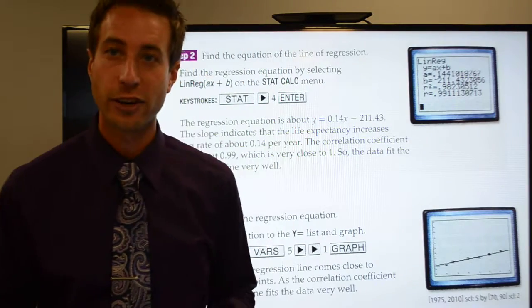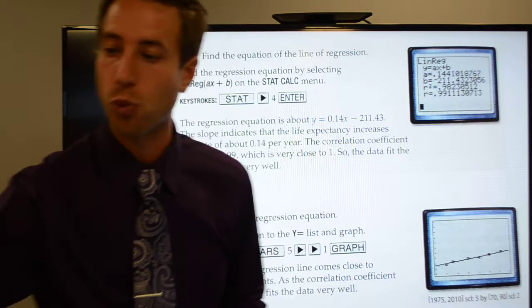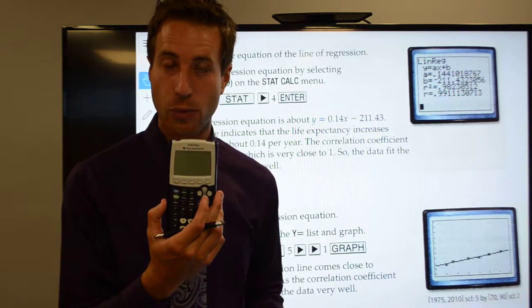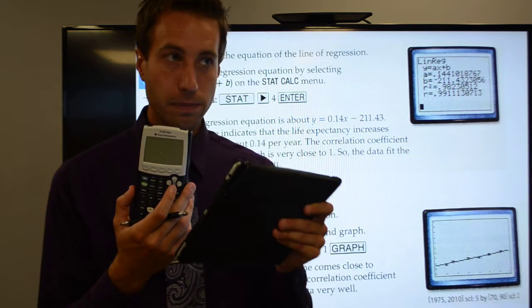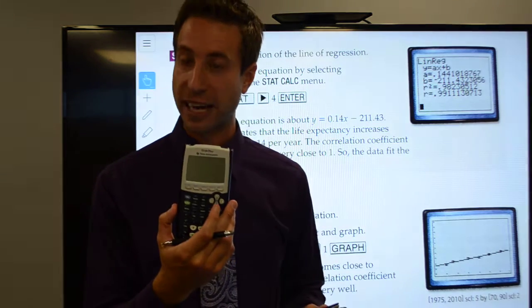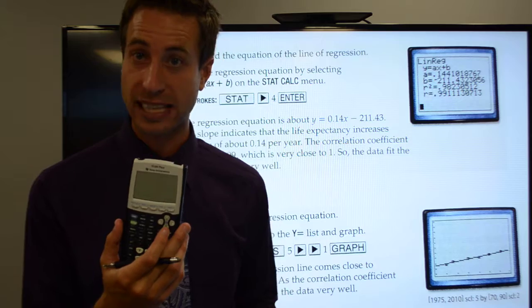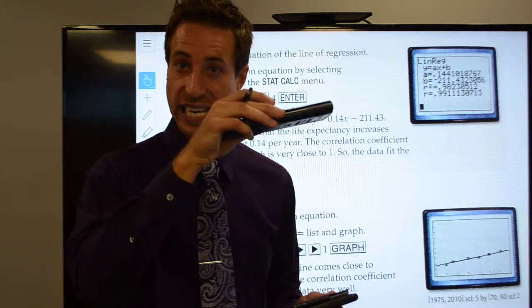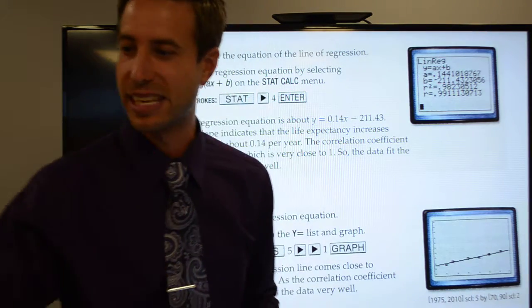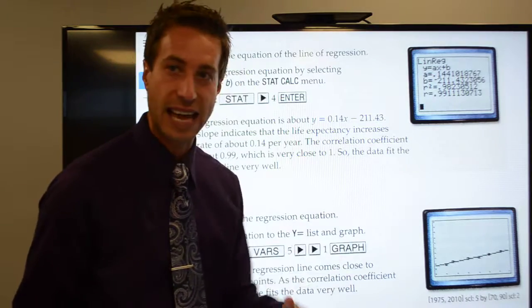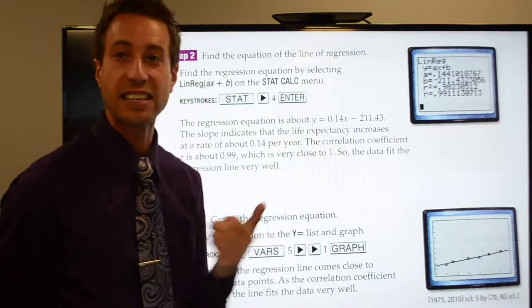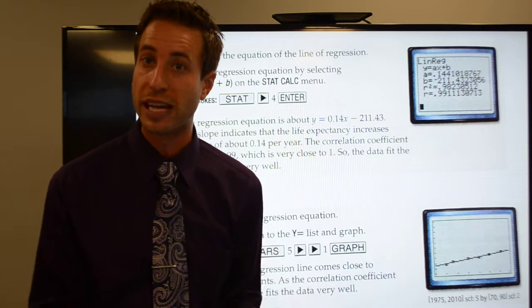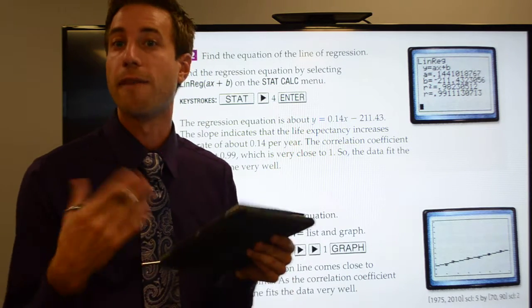Now, what we're going to do here is, on the previous page, we have graphed our data set, right? Again, we're graphing the data set that is the average life expectancy for people living in the United States. So based on the year, we have the life expectancy, and we've already gone ahead and graphed that data set. We did that on the previous page. Now what we're going to do is find the line of regression, which we'll then use to predict a future